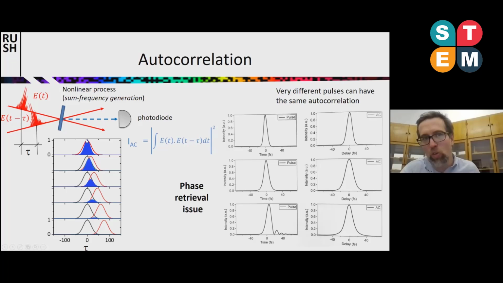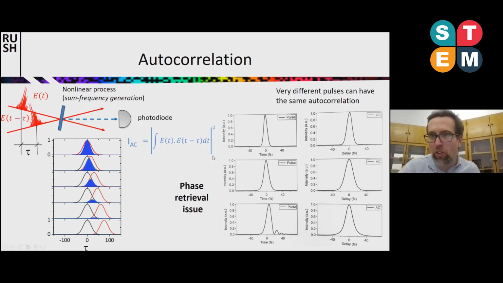So if these pulses overlap a lot, like here, you see a very strong signal. If these pulses do not overlap in time, you see that the signal is very small, just subtle. There is an exact way how to calculate that. So if you have a simple pulse, you can tell approximately how long your pulse is.